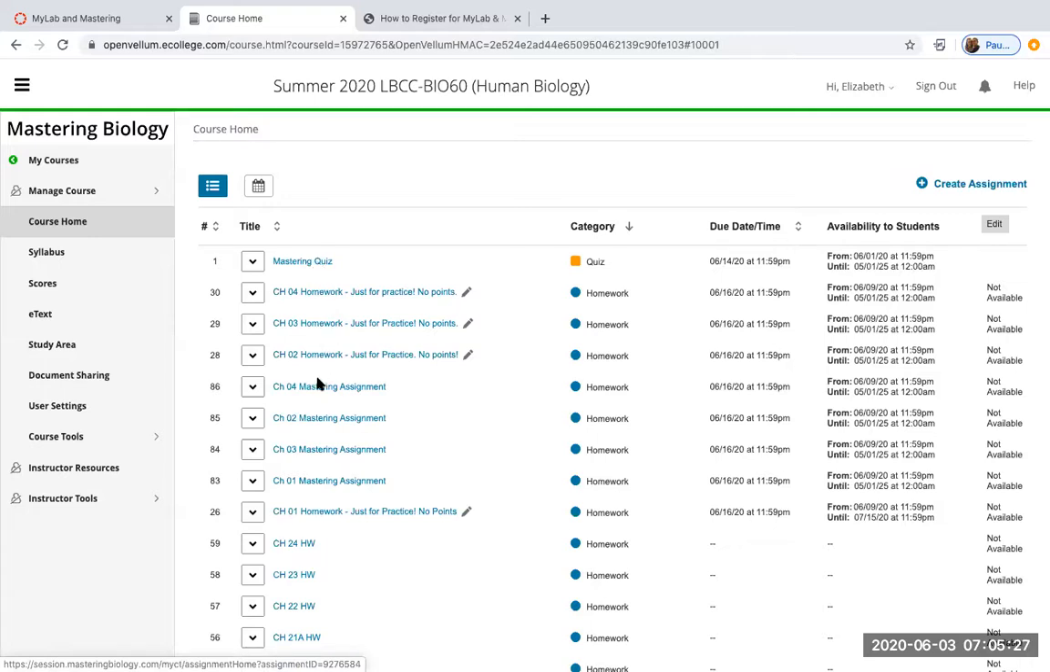Then you'll see what I've labeled mastering assignments or homework. The mastering assignments are what you get credit for, and you'll have a mastering assignment for each chapter. You can see the first modules here, 1, 2, 3, and 4 chapters. Those mastering assignments are shorter. There's a due date to them,